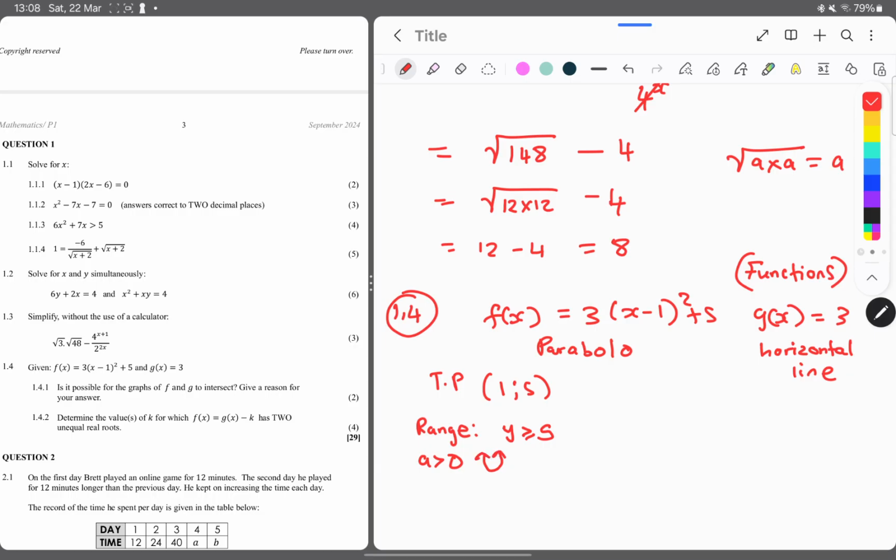It's looking up. It starts at the turning point going up. The horizontal line only touches y equals 3, that's your g(x). Now, if the other graph starts at 5 and goes upwards, these graphs will never touch. Therefore,